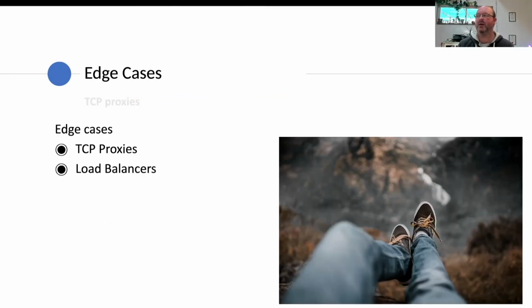We'll play from here. The edge cases are really around TCP proxies and load balancers. The difference with that is that the application's actually more the load balancer itself. And in the case of TCP proxies and load balancers, because they're forwarding on data, the send buffer now comes into play before it goes on to a third-party endpoint. And if that third-party endpoint becomes unavailable, even though you've got 2 separate TCP connections on each side of a load balancer or a TCP proxy, the send buffer going to the real server or the client behind the load balancer will fill up because it can't send that data on,